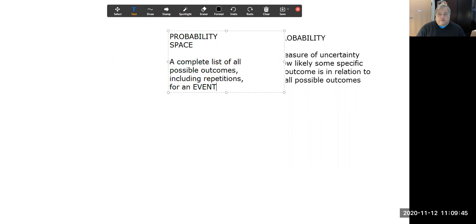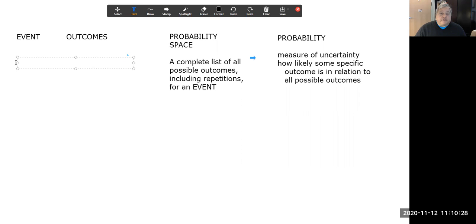So prior to being able to build a probability space, what we must do is identify all the outcomes and identify the event that we are trying to describe, trying to understand the uncertainties that surround it. So outcomes are essentially a list of possibilities, and an event is some process or subject or object that we're interested in, whose resolution is not for sure or not certain, hence the term uncertainty.